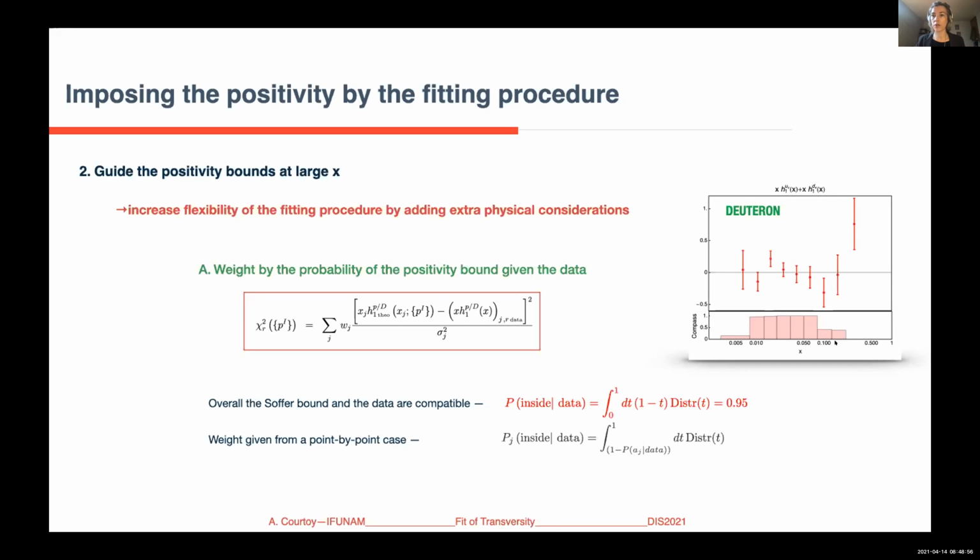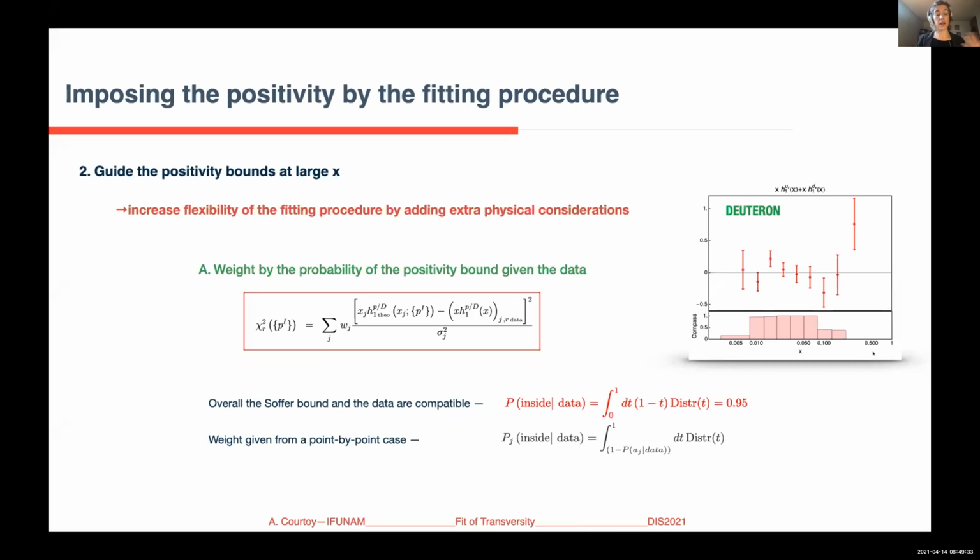So here I just show a plot for the deuterium data from COMPASS. And you see that there is what I call a weight, which is defined here. I weight this compatibility between the softer bound and the data. And then you can see here that there is not a really good agreement with the error. And here too, this point is totally not in favor of the softer bound, and those two have a really bad weight too. So the first thing we do is that we weight the chi-square in the fit with those